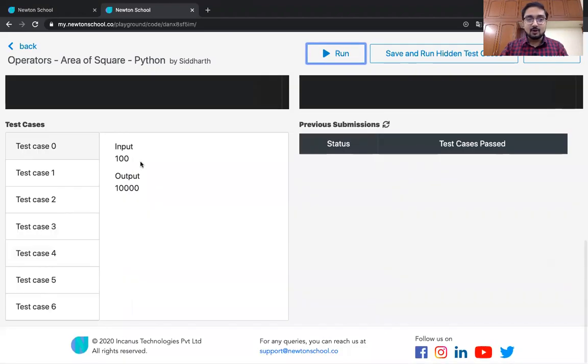Now if you go below, you will see that there are multiple test cases, and your program will be evaluated against each of them. The function that we have used right now is a very simple one, but a lot of times you'll be writing a lot of complicated algorithms, and there will be multiple test cases against which it will be running. So why do we need multiple test cases to check a program?